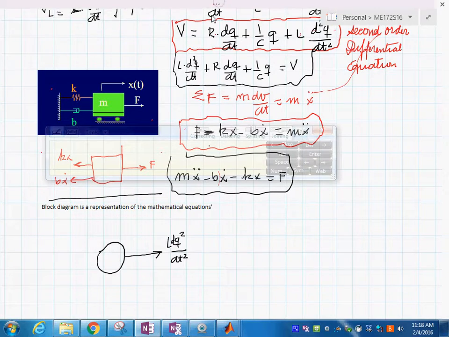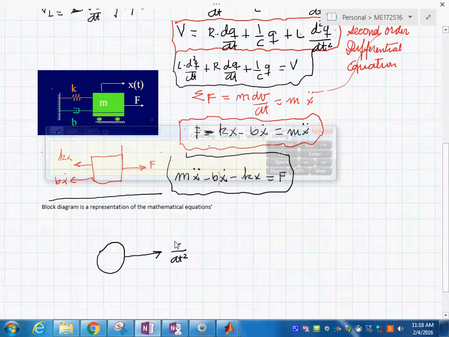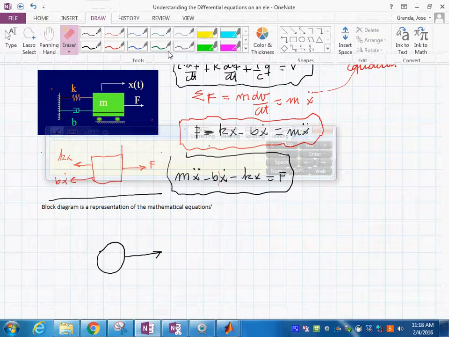I'm going to interfere with my drawing, so I think I better erase this. But rather we'll go and say,